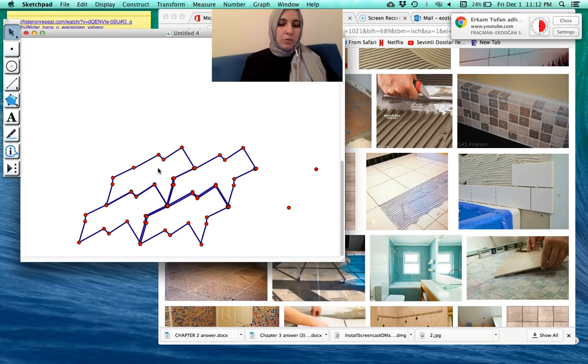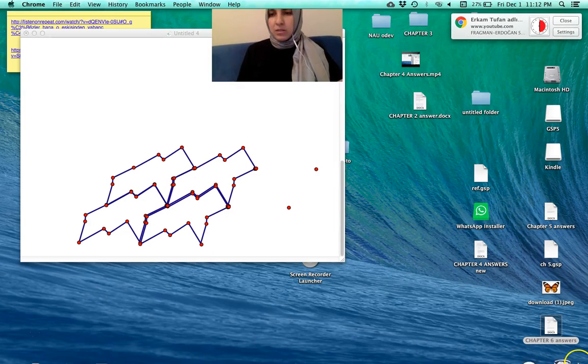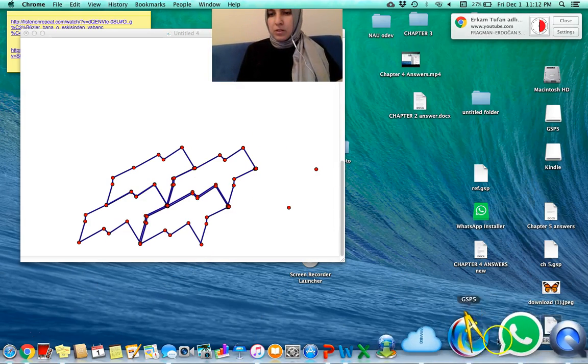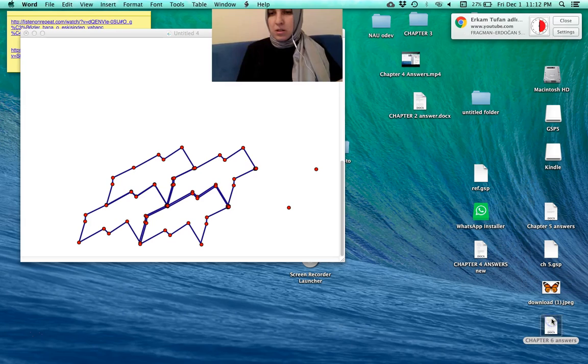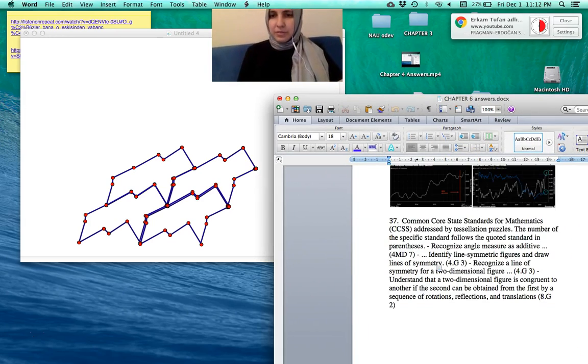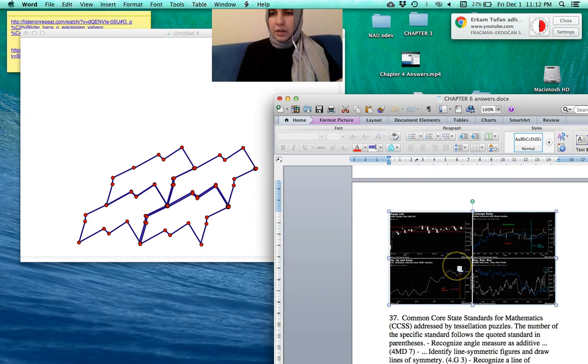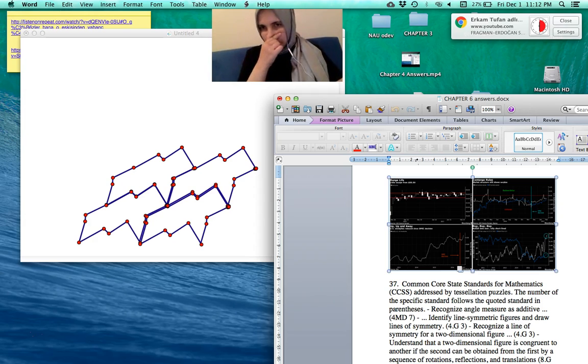This is an example of the prices that's used for by tessellation. For example, let's go to my answers. We can use these tessellations in real life, and as you see, it's the oil prices graphics. The last question is to examine the Common Core State Standards for Mathematics 2010